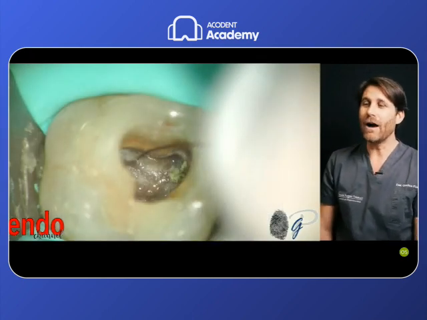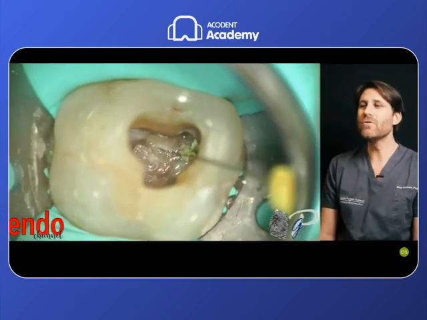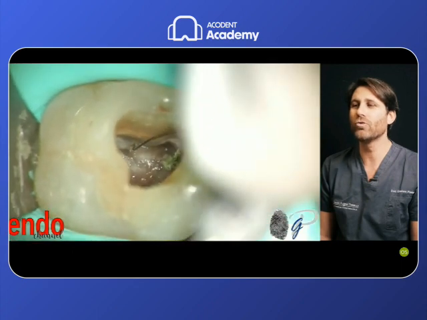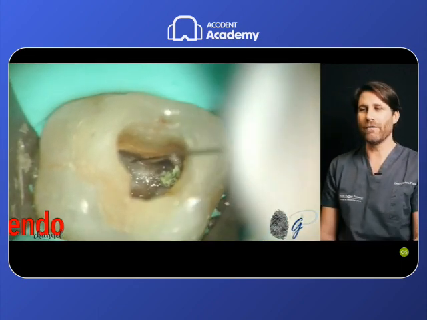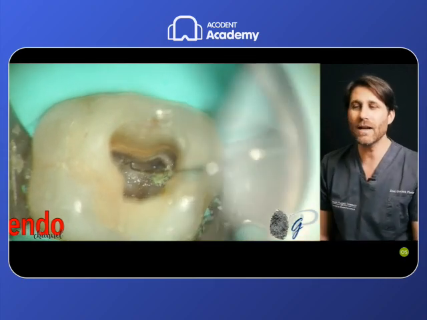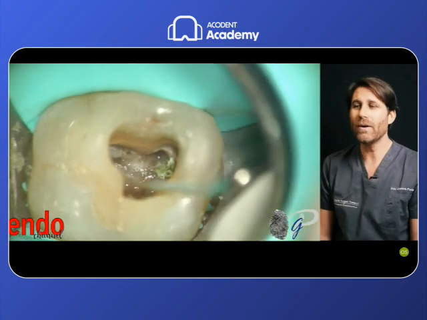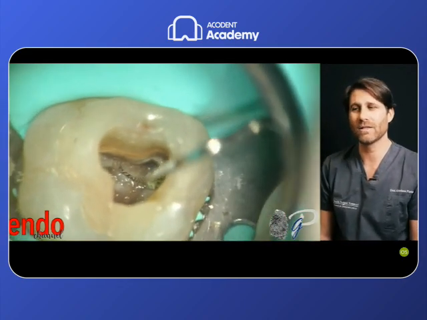In this video, after the orifice location, we tried with the manual scouting, and you can see the size 8 stainless steel K file is not even able to penetrate more than 1 or 2 millimeters into this orifice that we located. So the first strategy here can be to use ultrasonics to penetrate deeper inside this root, but I don't like it because it's more aggressive and less conservative.